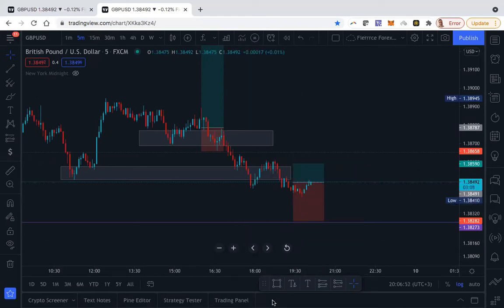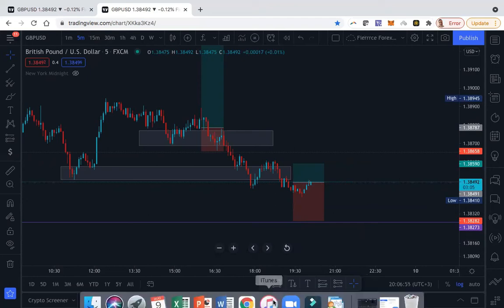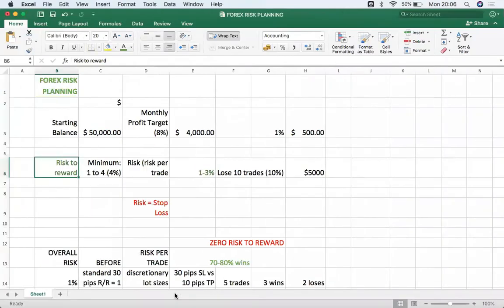So let's go back to my spreadsheet here, and I'm just about to wrap up. When we look at it here, what I usually suggest for people is a minimum of 1 to 4 risk to reward. So you're risking $1 to gain $4, meaning you want to grow your account 4 times within that one trade. That's a really good risk to reward. 1 to 1 is also good, 1 to 1.5 is good, 1 to 2 is also good. But really, if you're doing a minimum of 1 to 4, even if you have multiple losing trades, like if you have 5 trades and 4 out of 5 are losses, you're still going to be in profit at the end of the day.